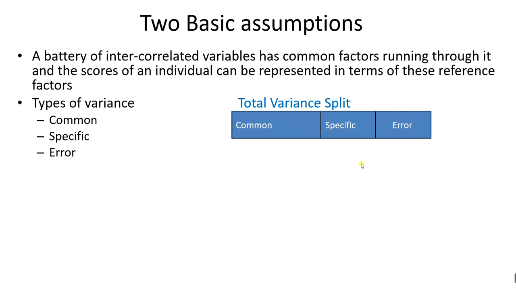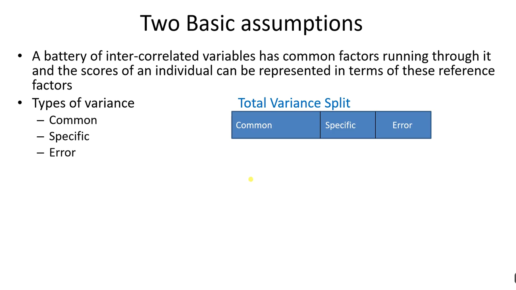What is common variance? The variance which is shared by all the variables. Try to recall the example that I gave in my previous lecture, Spearman's two-factor theory. All the tests were having some overlap with each other. That overlapping portion is the common variance. So that variance which is shared by each and every variable. If we represent all the variables in terms of circles, then this common variance will be that overlapping area of the circles which is going through all the circles.